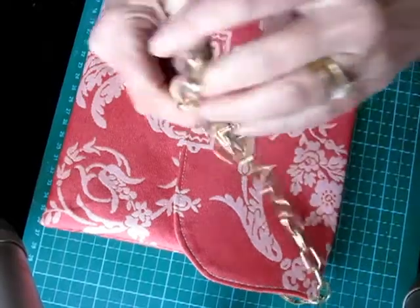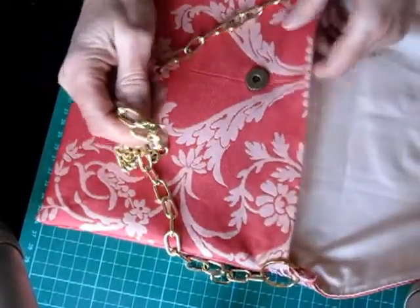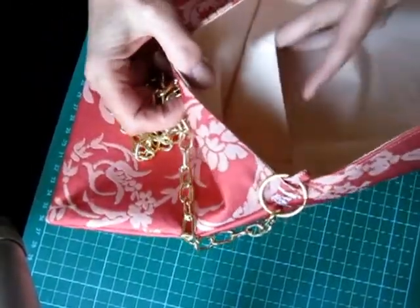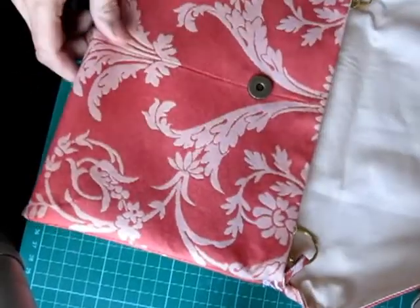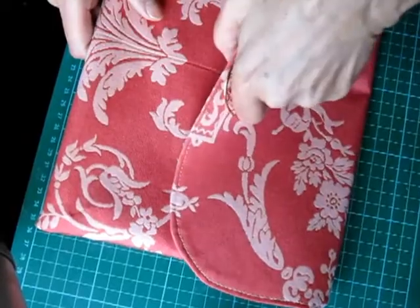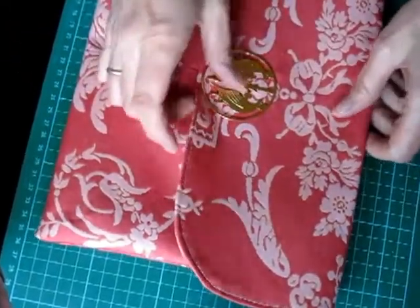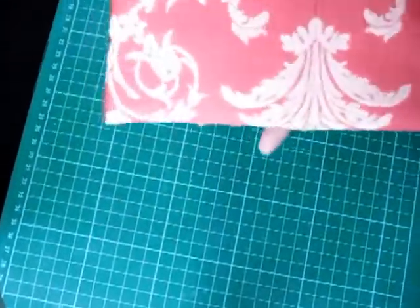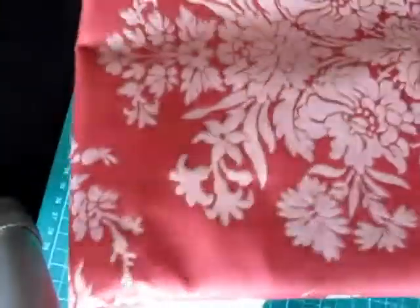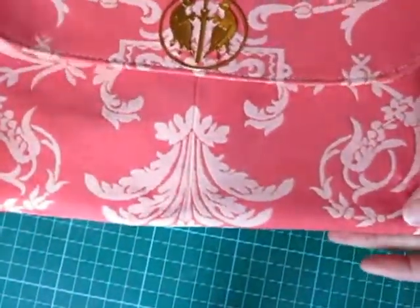So it is lined, and it's got a little pocket inside it, and it's got a magnetic clasp as well, so it's just a simple little clutch bag I made with it. And yeah, so that was one thing I made, and I quite enjoyed doing that. So anyway,